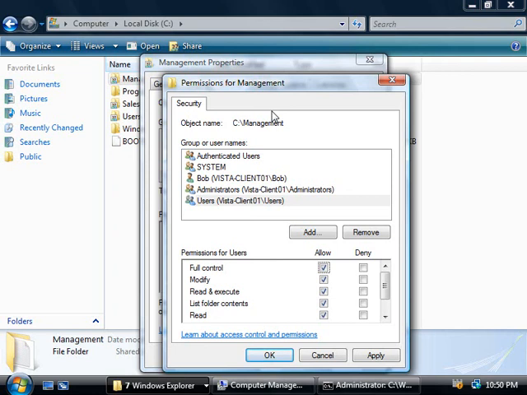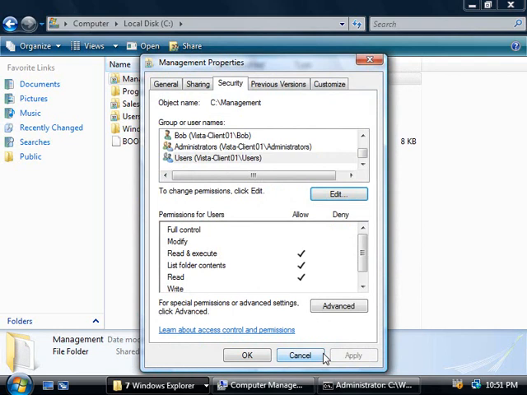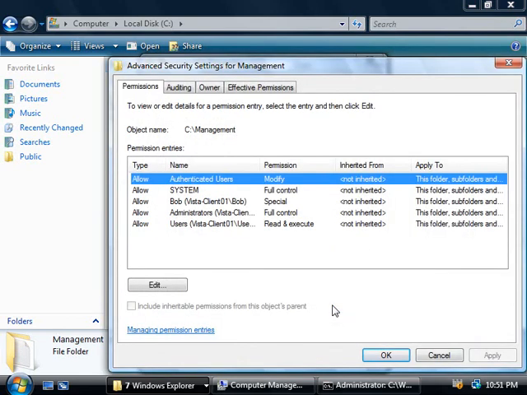Now once you start becoming familiar with share and NTFS permissions, it can be quite confusing to identify which users or groups have what permissions when you're dealing with files and folders that are nested deeply inside other folders. Now this is where we can use effective permissions to find out what permissions people have on our system. So if we click on the Advanced button and then choose the Effective Permissions tab,